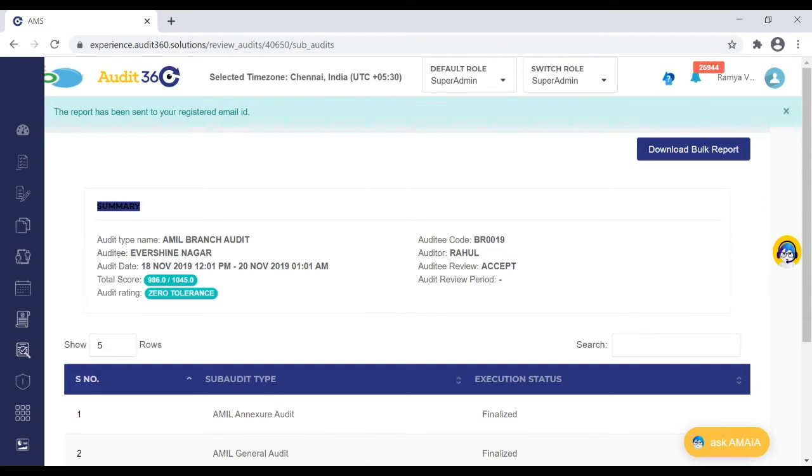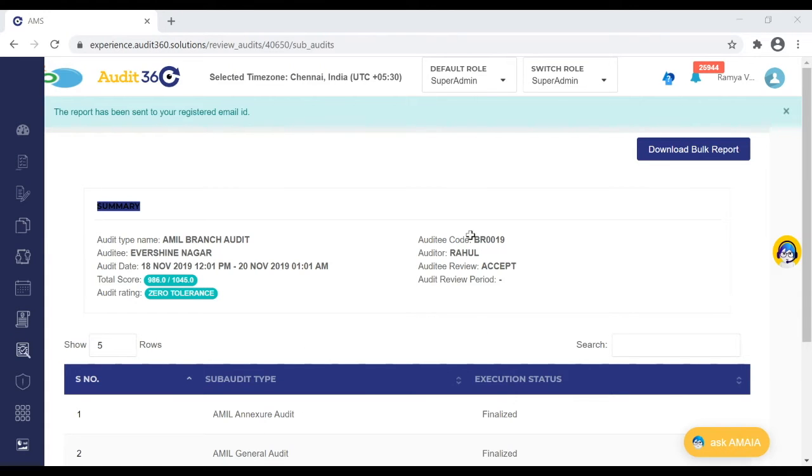For now, I have downloaded the report and I'll be able to show you that report. So if you see, this is the bulk audit report which has multiple sheets which carry the sub-audits. In our example, general audit is one of the sub-audits and annexure AML is another sub-audit.